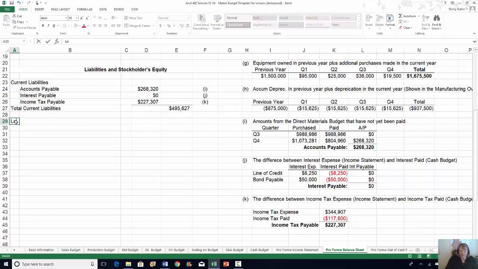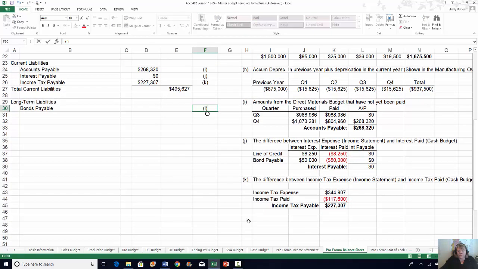Perfect. Now we have long-term liabilities, and these include your bonds and all that good jazz. So the first thing we have is bonds payable. And this bond was a multi-year bond, so that's why we have that. And this is our L. And we're going to put it down here, link that over. I know, I have to move this now. This is shown on the balance sheet. No previous additions. So you know what? I'm going to go up